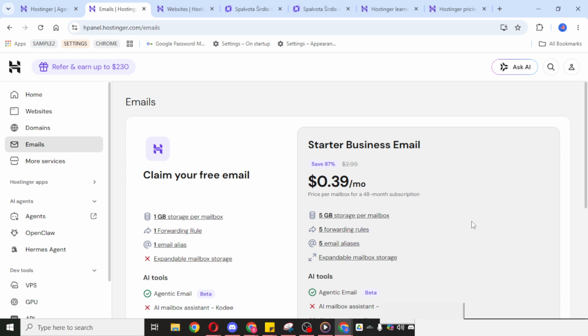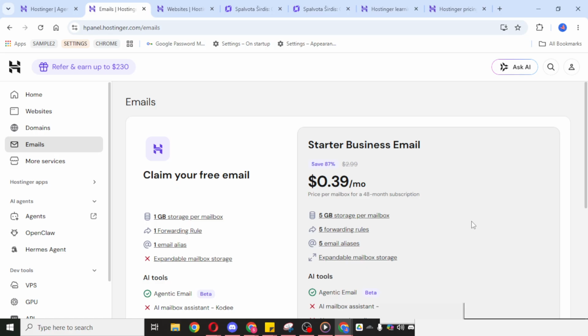The main thing to remember is that accessing Hostinger email starts from your account dashboard, then the left side menu, and then the email section. From there, you can confirm whether your email plan is active and view the email service available to you. This is the quickest way to locate your Hostinger email tools without searching through other settings.